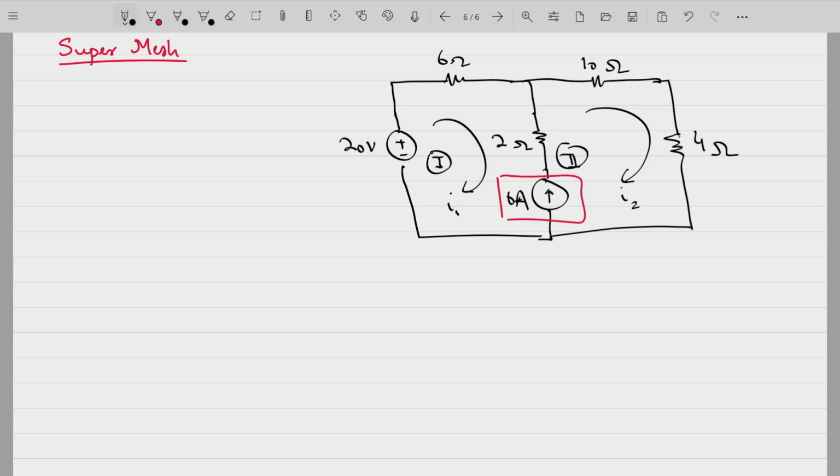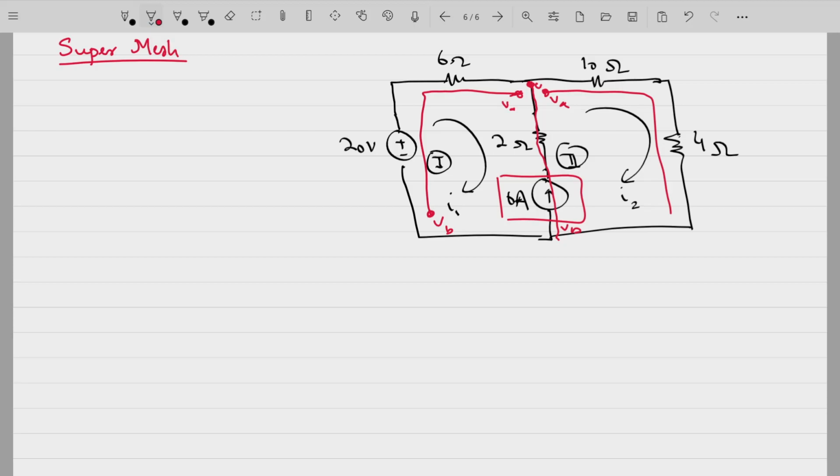This is because of the presence of a current source, but we know that this branch in red is parallel to this branch as well as parallel to this branch. Fine. So these are actually two sets of branches to which it is parallel. So you can say the voltage across this point, if I say VAB, this voltage,